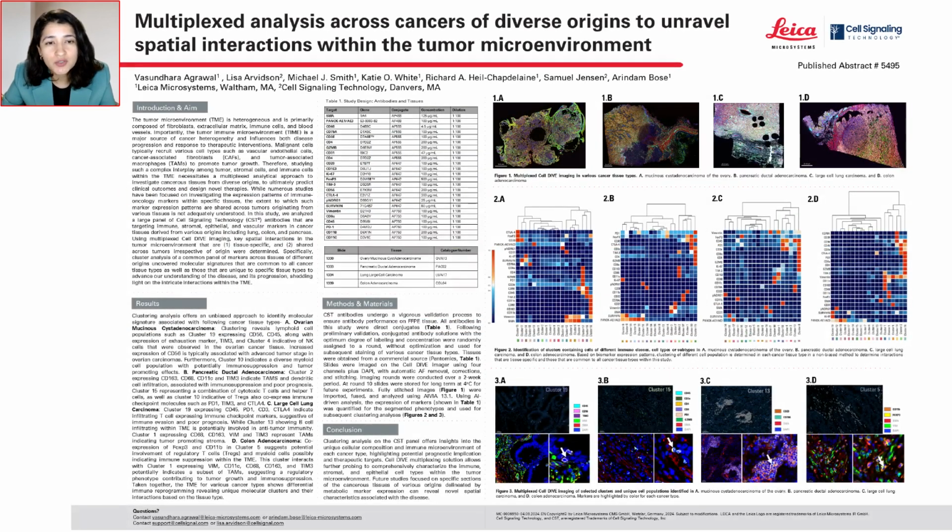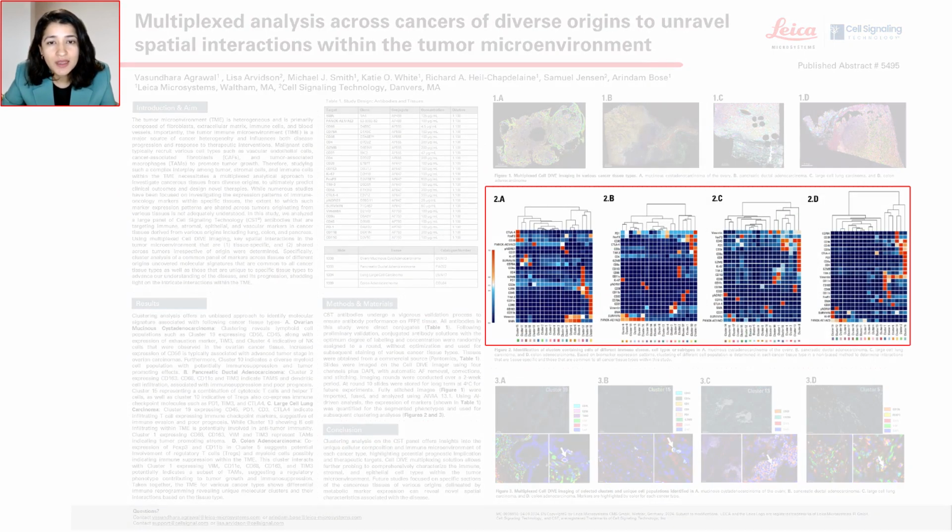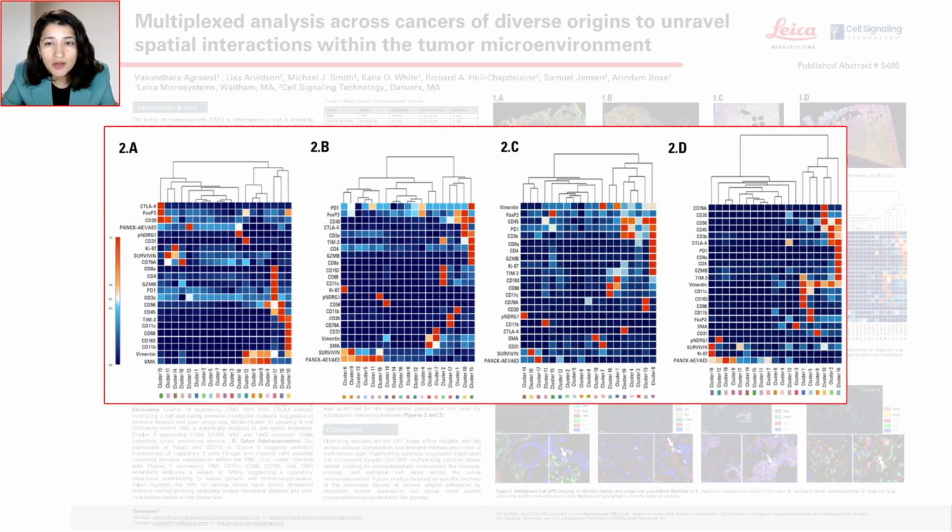Now, moving towards Figure 2, using AI-driven analysis, the expression of markers shown in Table 1 was characterized through autoclustering. Simply based on biomarker expression patterns, clustering of different cell populations is determined in each cancer tissue type in a non-biased method to determine interactions that are tissue-specific and those that are common to all cancer tissue types within the study. For example, in ovarian mucinous cystadenocarcinoma, clustering reveals unique lymphoid cell populations, such as cluster 19, shown here,